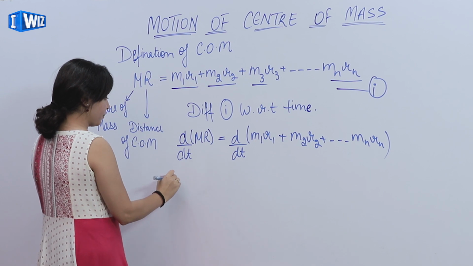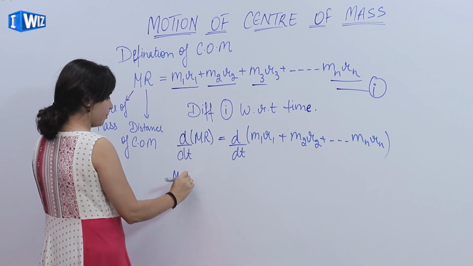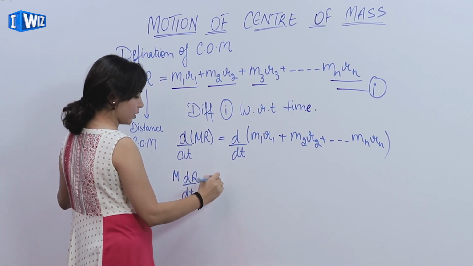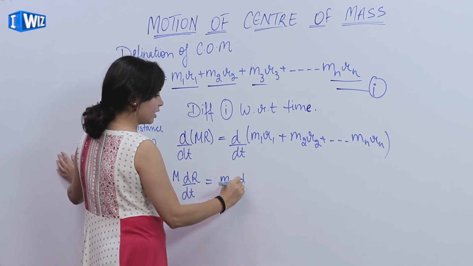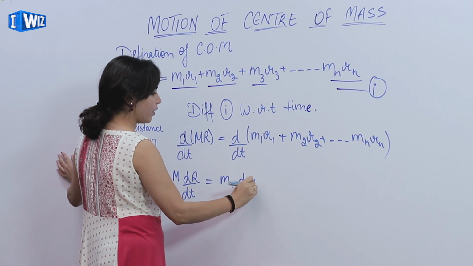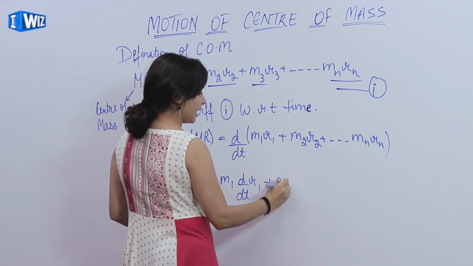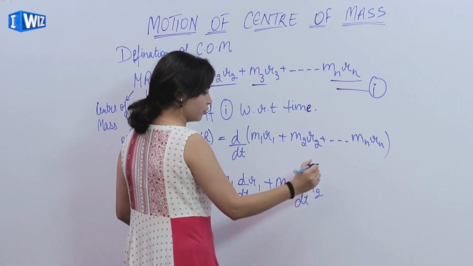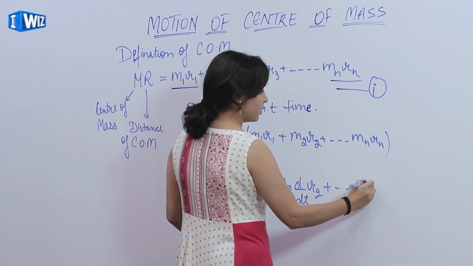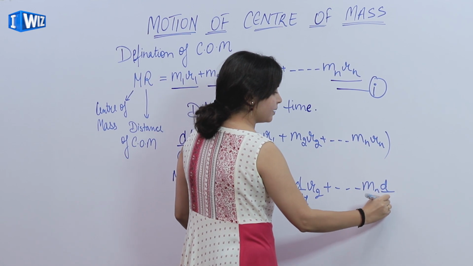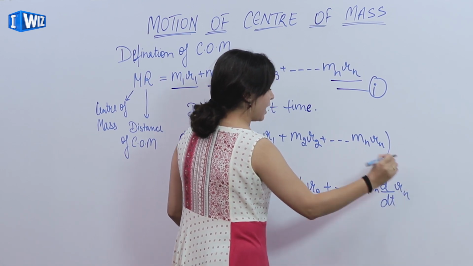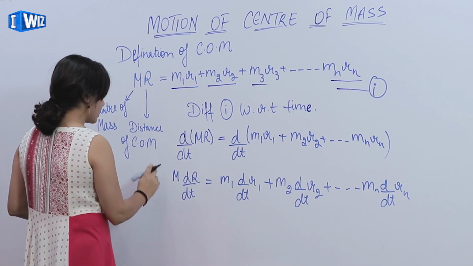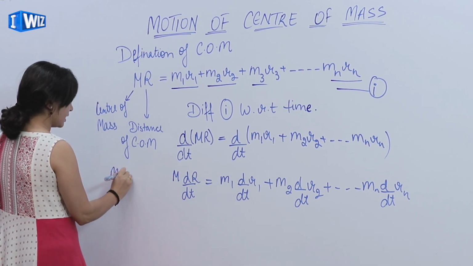So from here we'll get m d by dt of r is equals to m1 d by dt of r1 plus m2 d by dt of r2 plus mn d by dt of rn. Here we have taken mass as a constant quantity. Mass is constant,